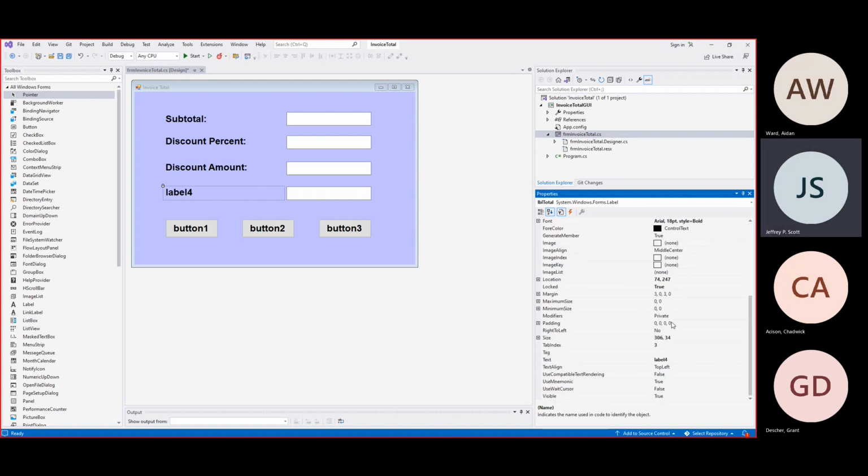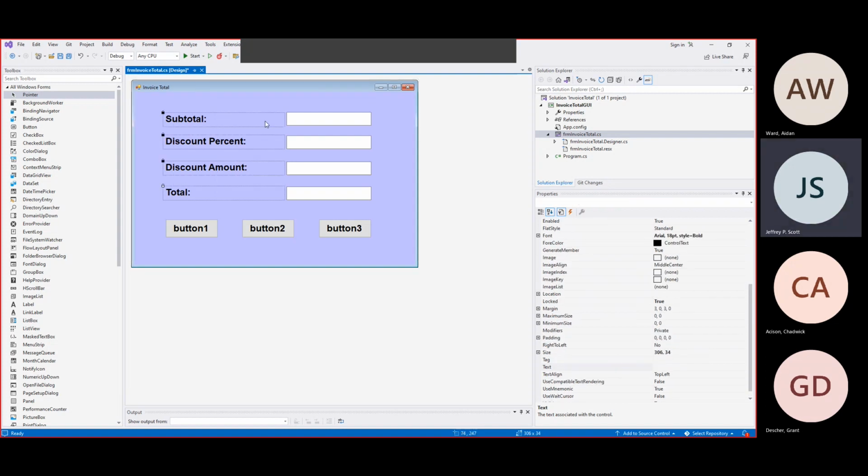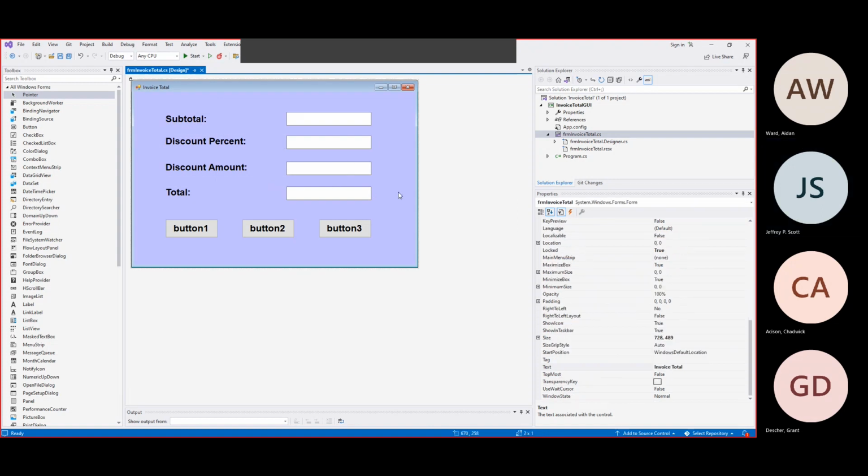And I'm going to change the text in here to total with a colon. Whoops. Total with a colon. Now, some people get very anal about this stuff. And what I mean is, some people look at this and say, you know what? I don't like these. I want these to be right justified, and I want to push them all the way over to the end. If you want to do that, you can highlight all of them by drawing that box